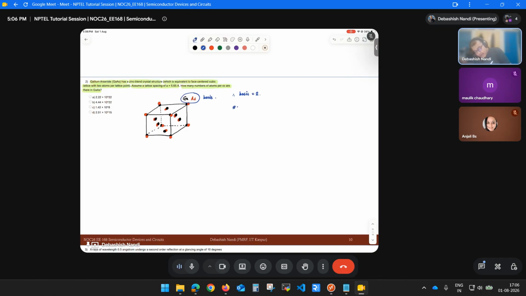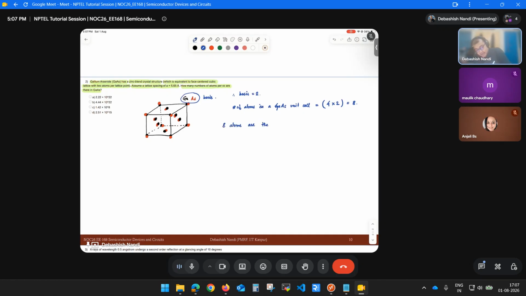So the number of atoms in a gallium arsenide unit cell is how much? 8. That is 4 for the face centered cubic and 2 for the basis. Fine. So 8 atoms